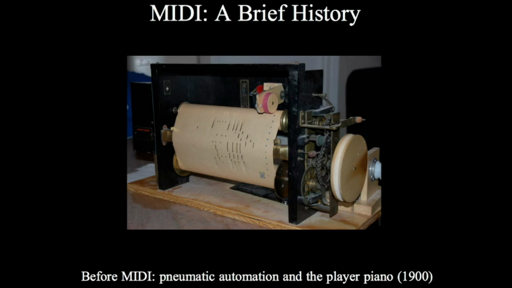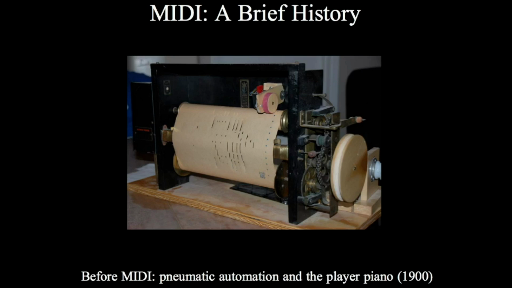So let's take a close look. What you see there in the scroll has been perforated. If you look on the right of the scroll, you see these perforations. That's a series of dots that you can think of as the grid. To the left of that, you see these longer perforations, and that correlates to